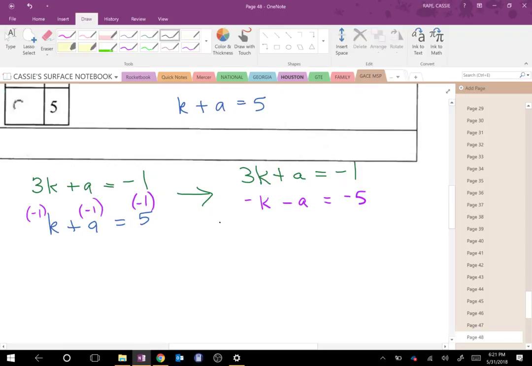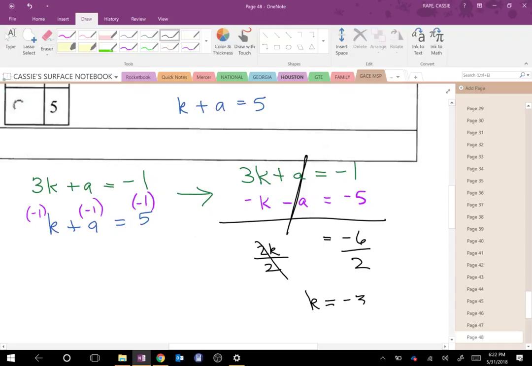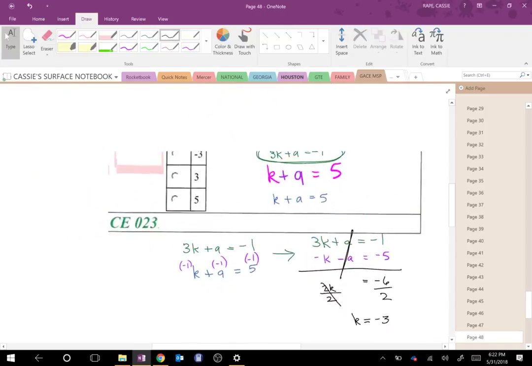Now, the reason that's important is because when I add two equations straight down, 3k minus k gives me 2k. Those cancel, equals -6, and divide both sides by 2. That tells you that k equals -3. So that's your answer,